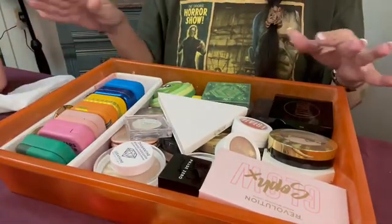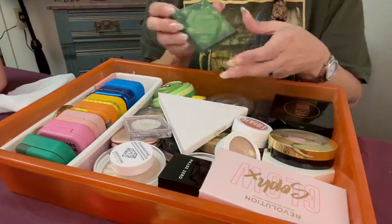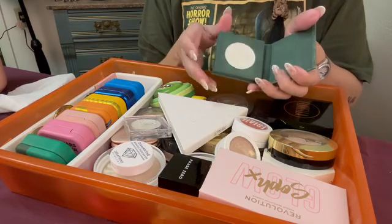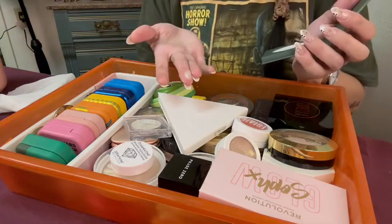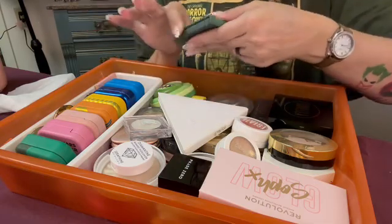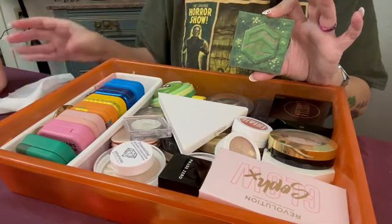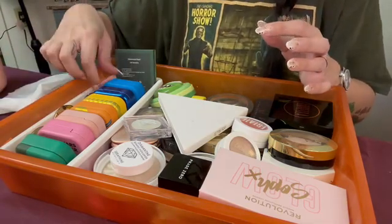Okay, so this is the drawer. I did get out a wipe. So one thing that I know I'm gonna keep, this is newer. This is from Gain Beauty. This is a green highlighter. It's really pretty. There it is right there. And this is available, and the pricing on this, I want to say it was like $9. I bought that just because I do use